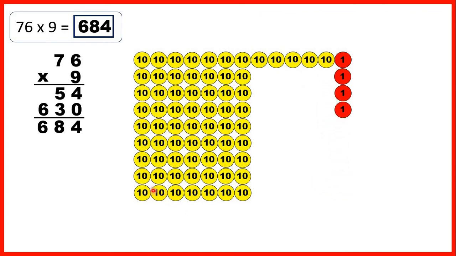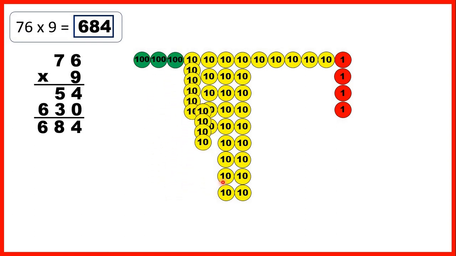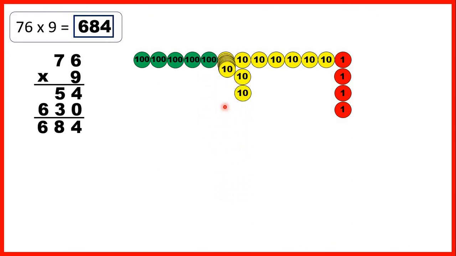And now we can regroup our tens because if we have 10 tens, that's the same as 100. So now that we've regrouped as much as we can, we now have 6 hundreds, 8 tens and 4 ones,